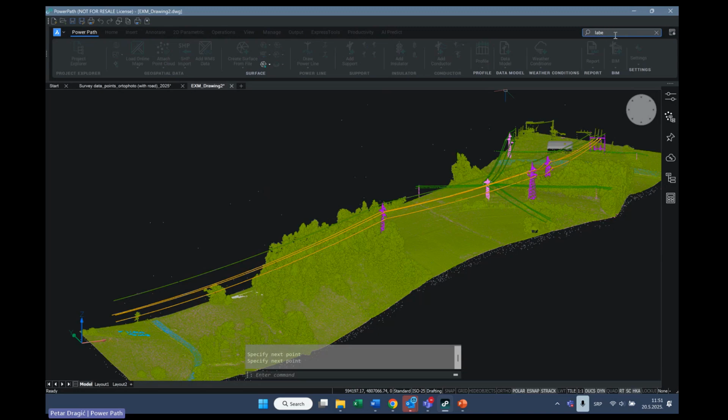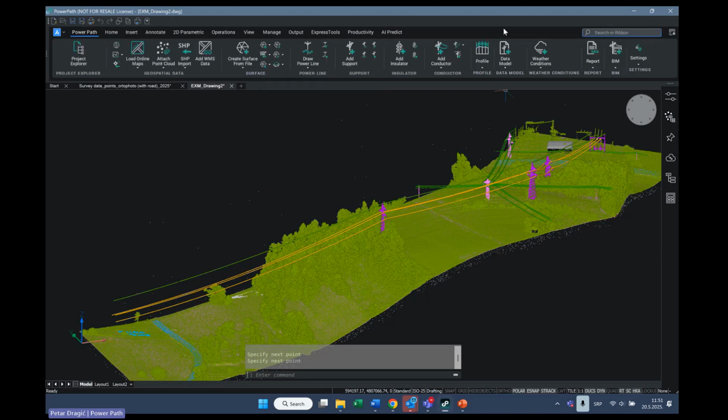As you can see, when I type just the word for this command, all of the commands that are not for labeling will be hidden, and it will be shown where this command is. Now you can easily search for commands of PowerPad or any other command for 2D or 3D design. Okay, it was in short about the new features.